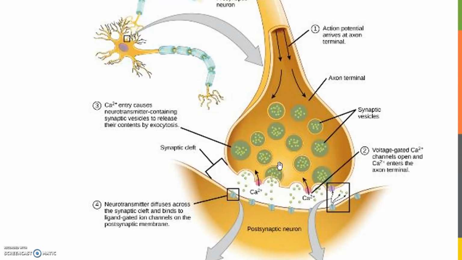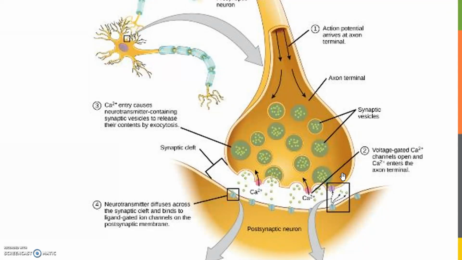That is going to cause voltage gated calcium channels to open, and calcium ions will enter the axon terminal and lead to these vesicles, which are called synaptic vesicles, to fuse with the